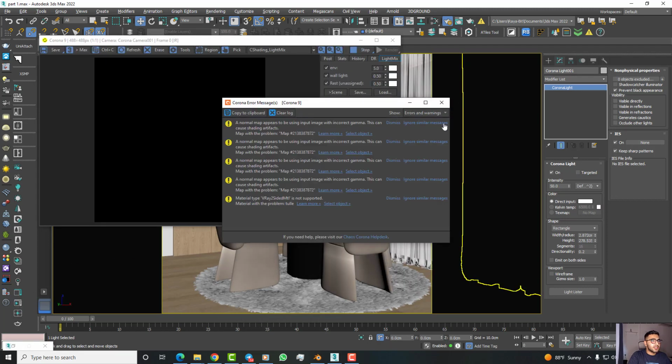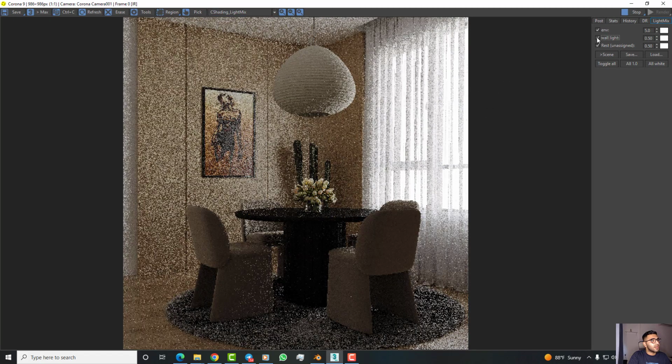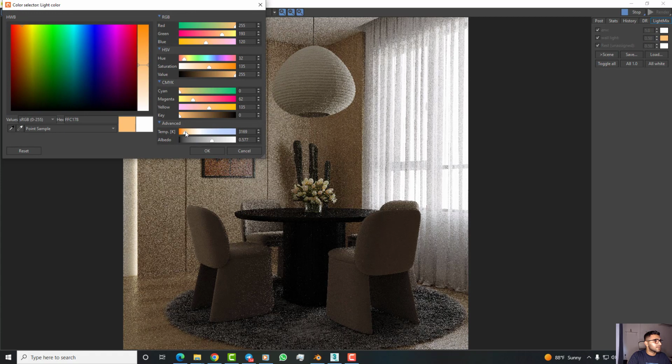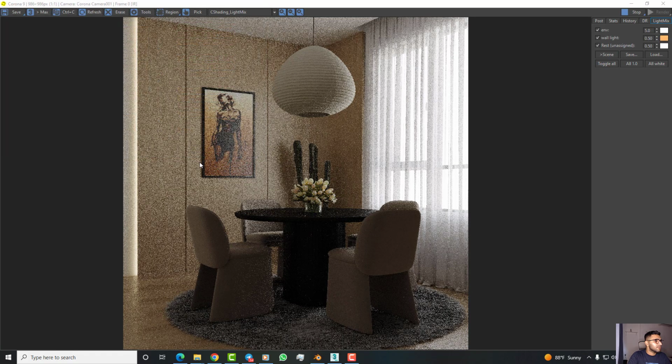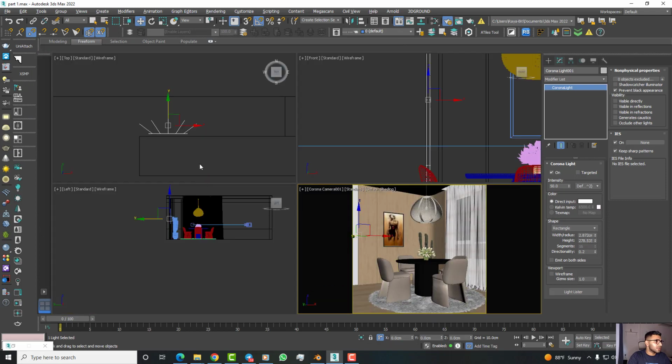Now as you see, I again start render. See, here I have light and here I have wall light. Here you can change the light setting. Maybe this one is good, and I can change the color to maybe more yellow. Yes, this one is good, I like it. Stop, and here